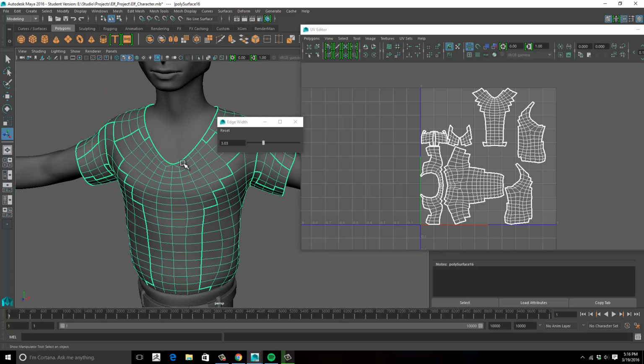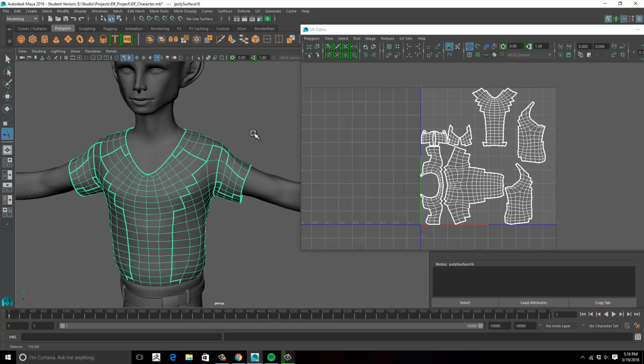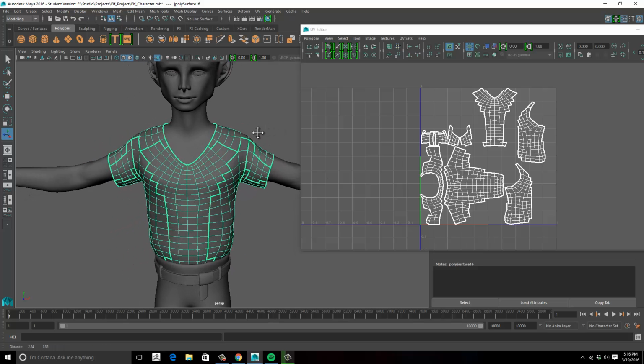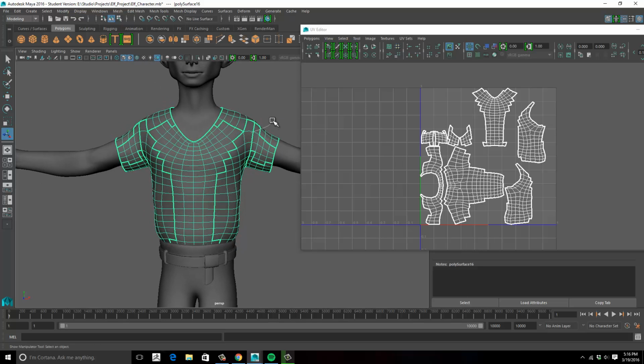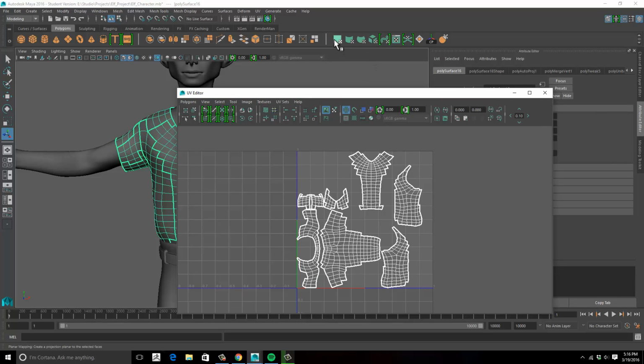But the reason that I don't like to do this automatic map anymore is because it decides where your seams are, and then you have to treat it like a puzzle and put the puzzle pieces all back together, trying to figure out what goes where. So instead of starting out with an automatic map, I like to start out with a planar map. So if we go up here and do a planar map,